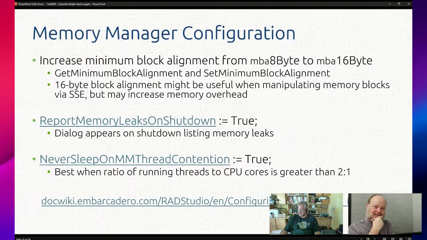Never sleep on it. I was just checking our code because I don't remember. There are some FastMM settings which we just changed like 15 years ago, and they are inherited from the version control from generation to generation, and I don't know how they're set anymore. All right. I will check.